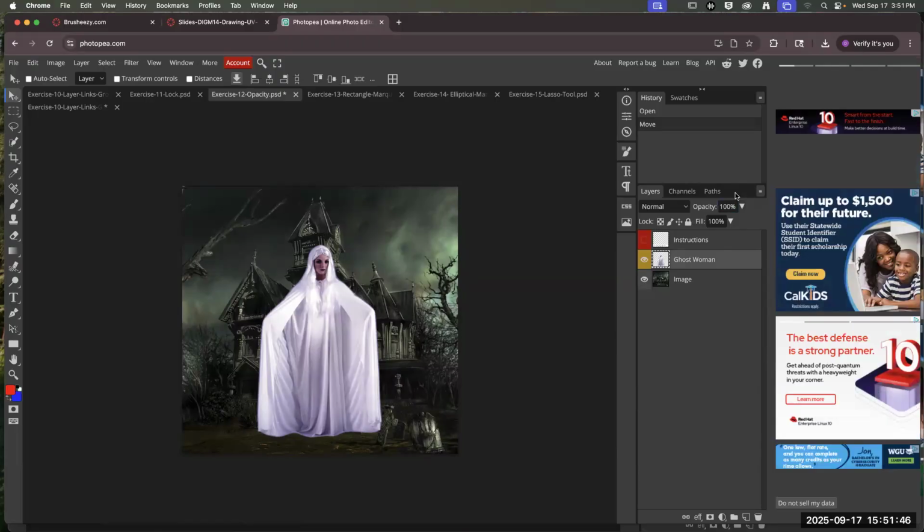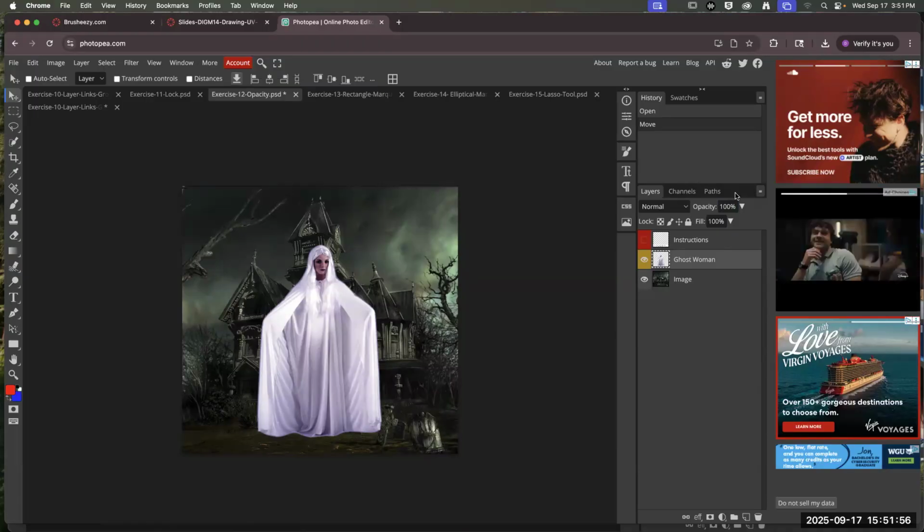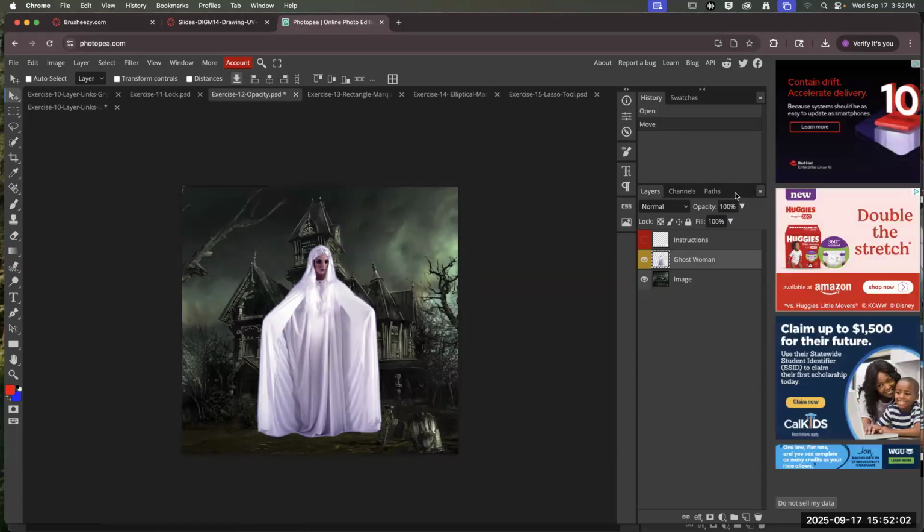Opacity means opaque, which means you cannot see through it. So like this wall is 100% opaque, you can't see through it. Whereas that window over there is like 15% opaque. You can see through most of it. There's like a little bit of grime or shine or something like that. You can still see it, so it's not like invisible, but it's not as opaque as the wall is,